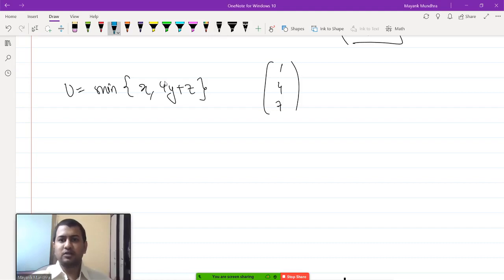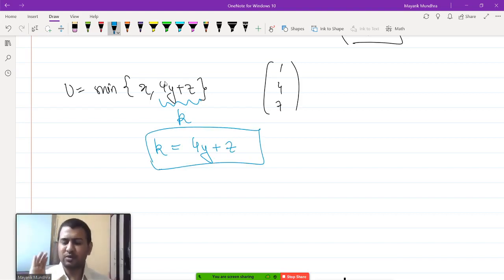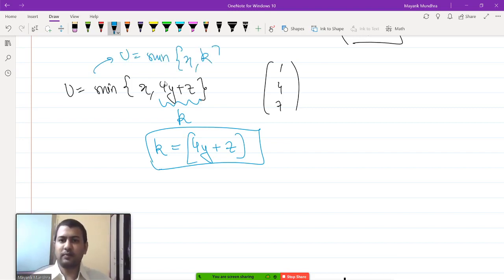All right. Firstly, let's break down this particular thing as a composite commodity K. Let's say you can build 1 unit of K with either 1 by 4 units of Y or 1 unit of Z. So the amount of K that you have, K is some composite commodity, is basically 4 times the amount of Y plus the amount of Z. So this utility function becomes min of x comma K.